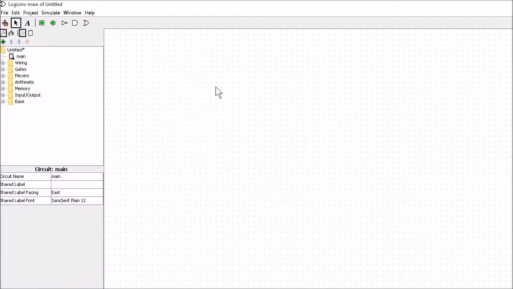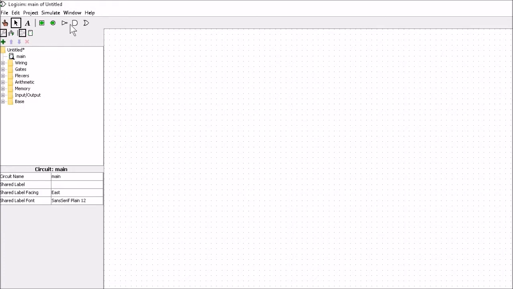So when you open up Logisim, your page should look like this. You'll notice that there's a little circle here, and we're on this page called main. This main is a rough copy. This is where we design all our circuits. So let's go ahead and we'll design our first circuit in under a minute. We're going to look at simulating a simple AND gate.